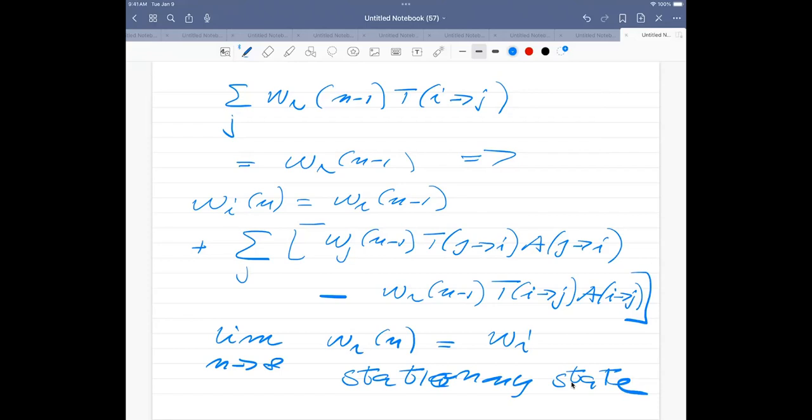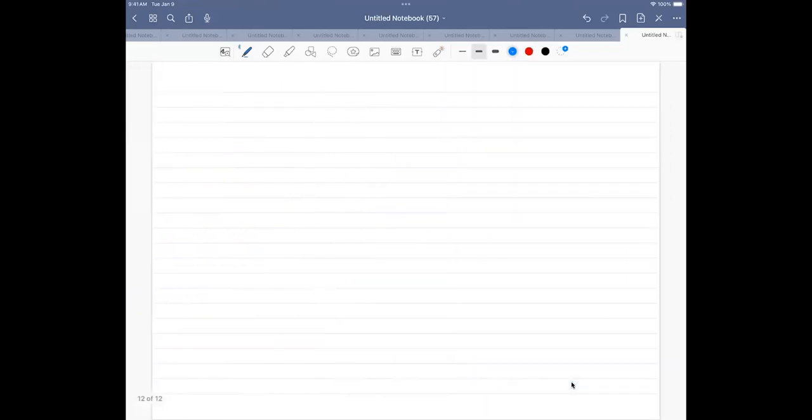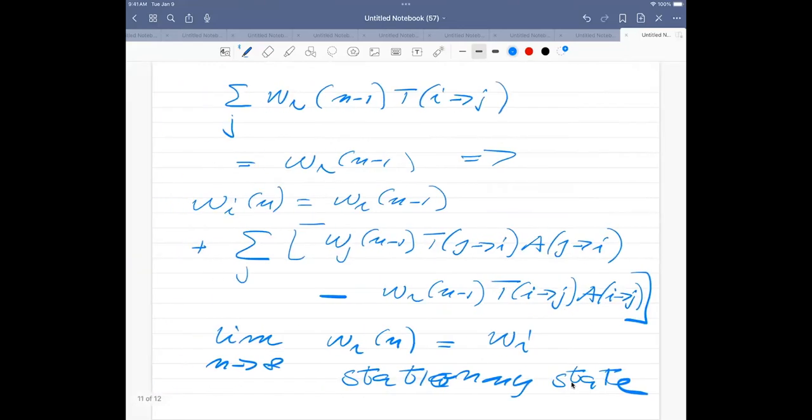If I do that, what you will see is that clearly this equation here cancels that one. And then I have a condition. So what that leads to is simply that I have a sum over j, and I'm going to make things a little bit easier. So I'm going to say that this Wi, now let's just keep this Wi. So we're now replacing the probability at a given time n with a